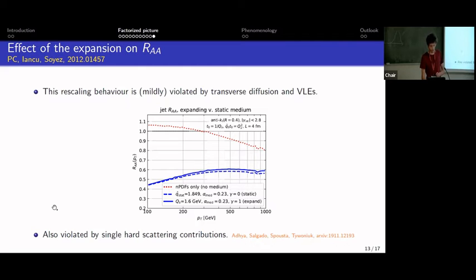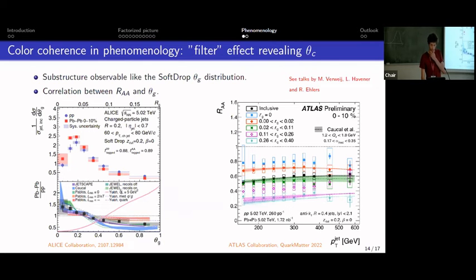All right, so in the last couple of minutes, I'm going to just flash some interesting observables that have been measured by ALICE and ATLAS. I won't define the observable because we have already seen it. We already had a nice talk about that yesterday, and I guess in the coming days as well. But this is basically the θg distribution measured in heavy-ion collisions and compared to pp. And what I want to highlight is the fact that